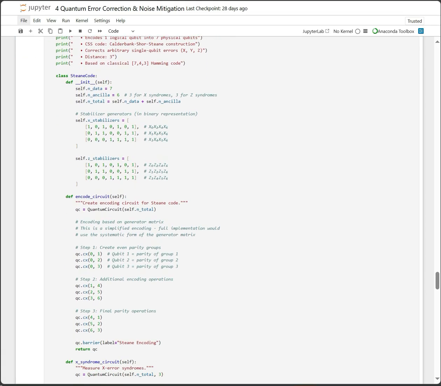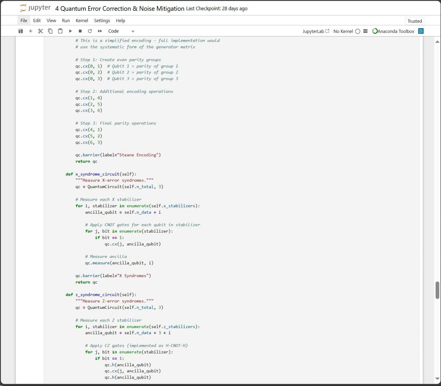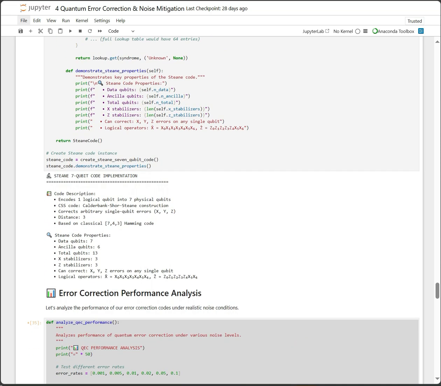I'm going to leave it to you to check it as an extra implementation. Check that the logical operators for the correction are larger, and you're going to get better control of the error. And this is known as a CSS code,